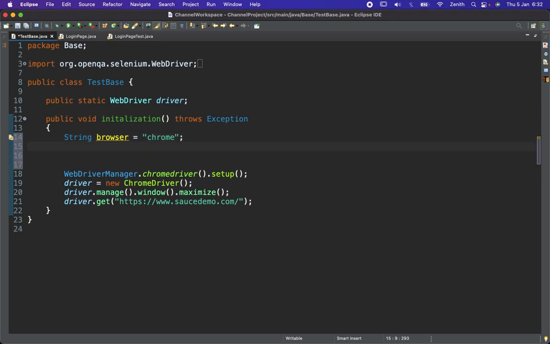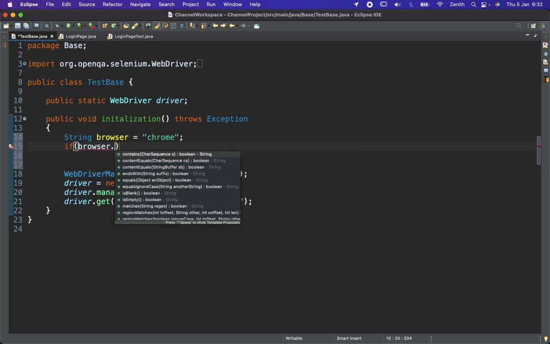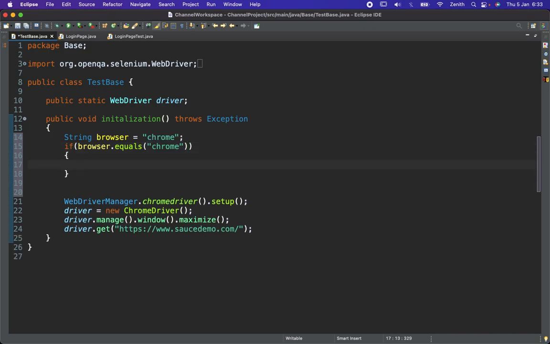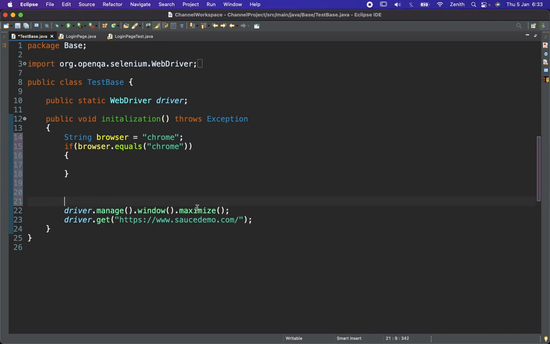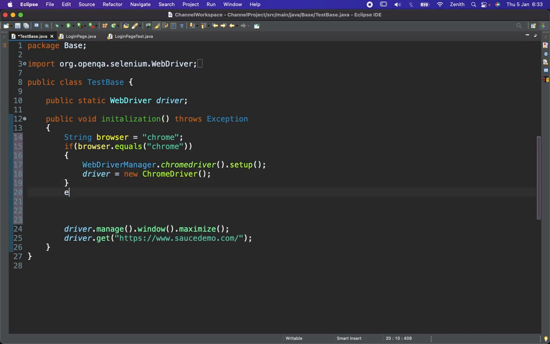So for that we'll apply the condition: if browser dot equals Chrome, then we are going to open the Chrome browser. I will just shift this code here, then I will give the else if,